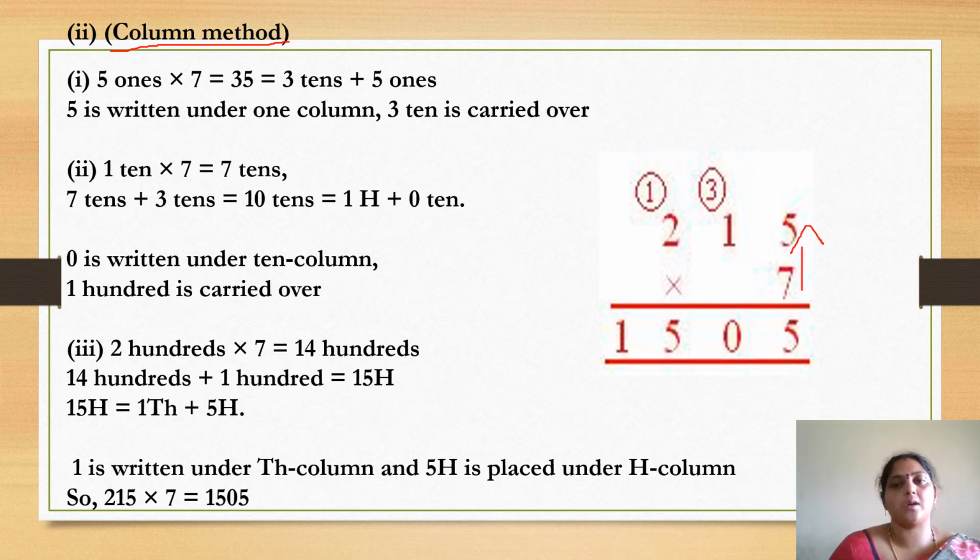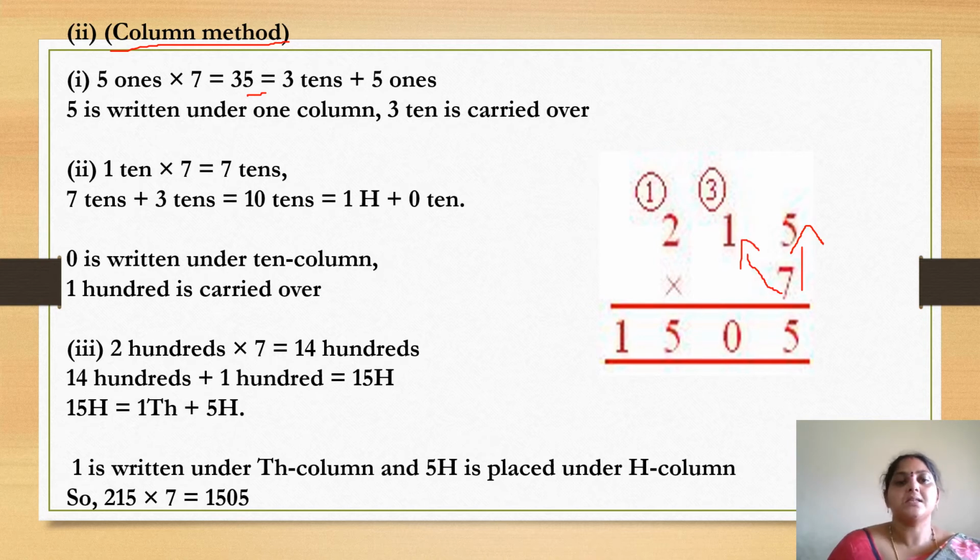And the product you have got, the second digit should be written in the ones place and the first digit should be written in the tens place. So the 3 will be carried forward to the tens and 5 will be in the ones place itself. Next, the second digit, which is in the tens place, should be multiplied with the multiplier.